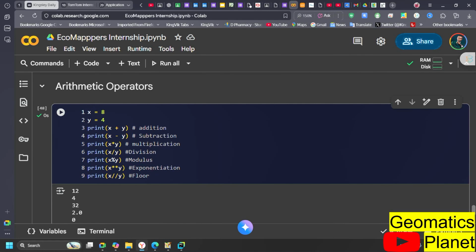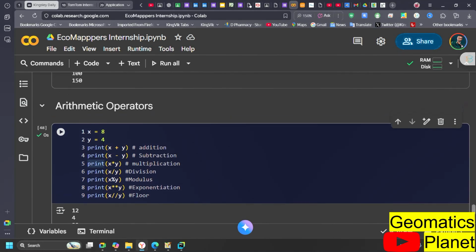So this is just basically when it comes to arithmetic operators. You can divide, you can add, you can multiply, you can divide, and then so in that particular order. So this is basically what you can do when it comes to arithmetic operators. So now we are going to be talking about